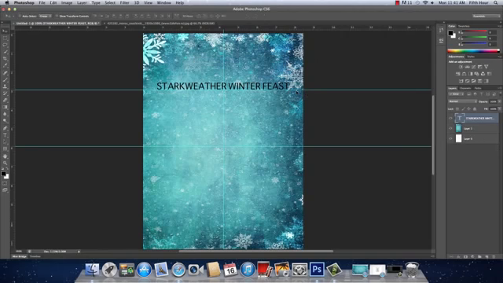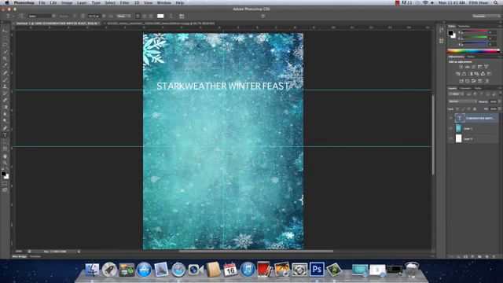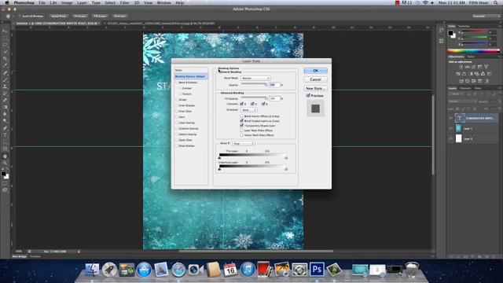And with the text, click apply, and with your text layer, as you can see, using black text it's kind of hard to see. So I'd suggest, since the snowflakes are white and blue and the background is blue, to use a white text color, and then you can go to your blending options on this layer. So you can click this effects button and go to blending options, and maybe you can put